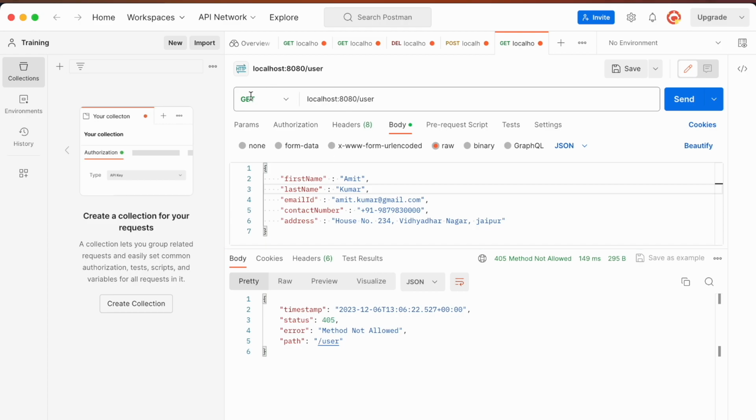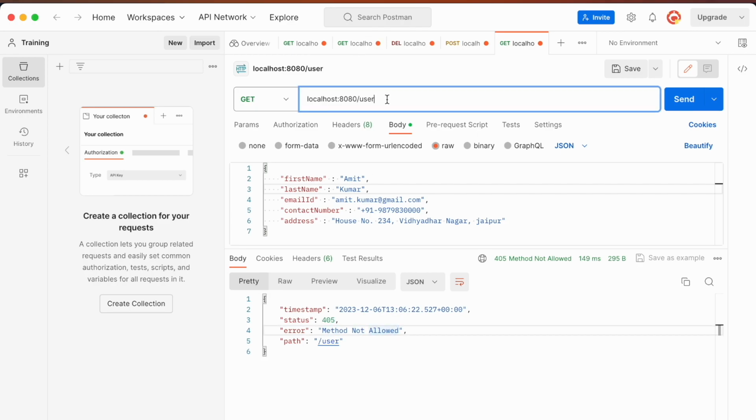Okay, so I have selected GET actually, so that's why we got this method not allowed, because for this particular path and with this particular HTTP method, we do not have any API. We have this particular path, but the HTTP method is different, so that's why it is saying method not allowed.